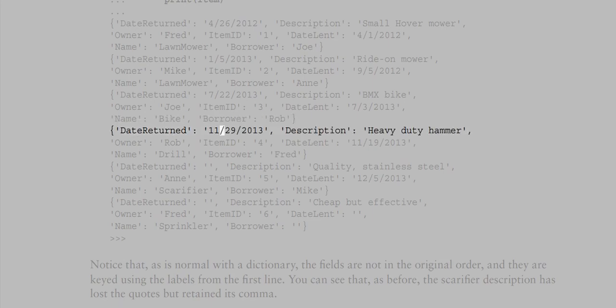Date returned, 11/29/2013, description, heavy-duty hammer, owner, Rob, item ID, 4, date length, 11/19/2013, name, drill, borrower, Fred, date returned, description, quality, stainless steel, owner, Ann, item ID, 5, date length, 12/5/2013, name, scarifier, borrower, Mike, date returned, description, cheap but effective, owner, Fred, item ID, 6, date length, name, sprinkler,